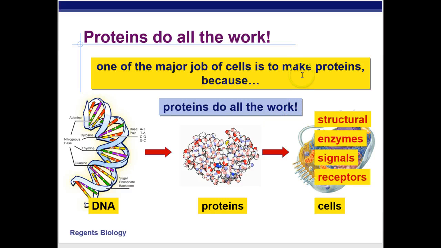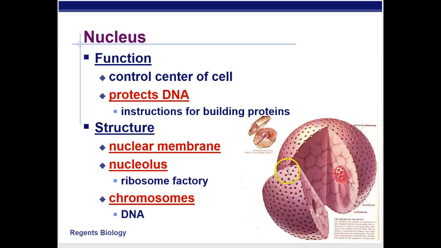One of the major jobs of cells, again, is to make proteins, because proteins are like the workhorses of our cells and our bodies, doing so many things. Because they're so important, DNA actually codes for proteins. It tells the cell how to make them correctly. And DNA is found in the nucleus. And because DNA codes for proteins, the nucleus, which houses it, is sometimes known as the control center of the